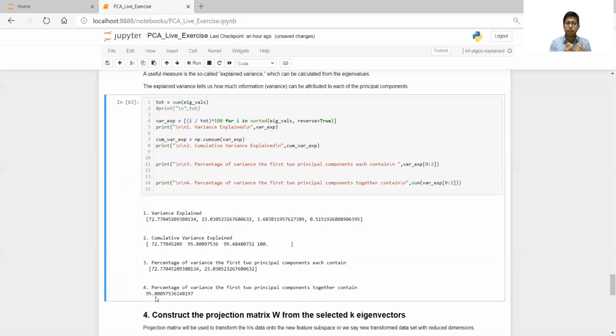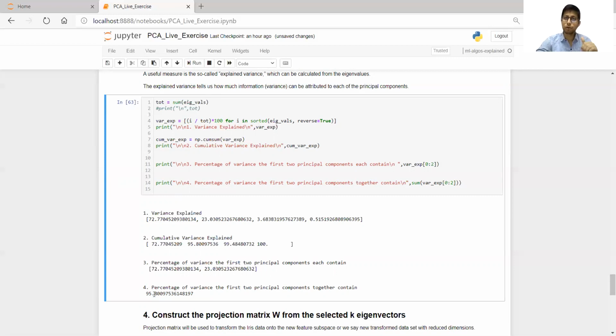So how will we decide top K? Based on the variance: how much variance do the top K have? If we say we'll go with 95% variance, then we include as many feature spaces as contain 95% of the variance. Here we saw our top two principal components contain 95% variance.